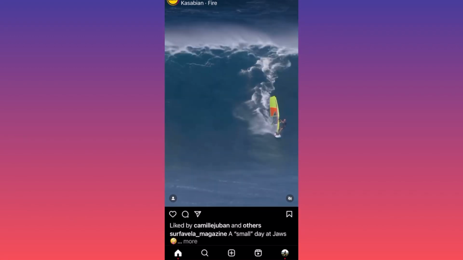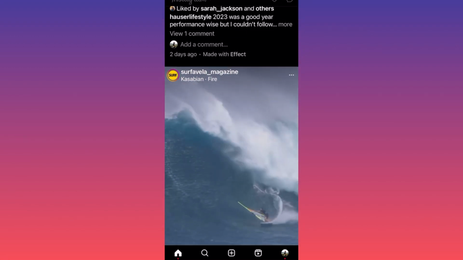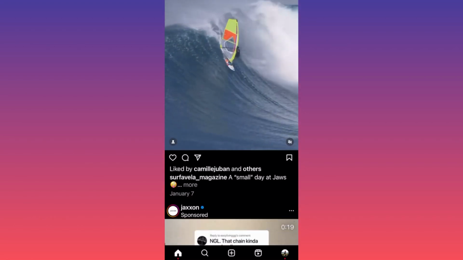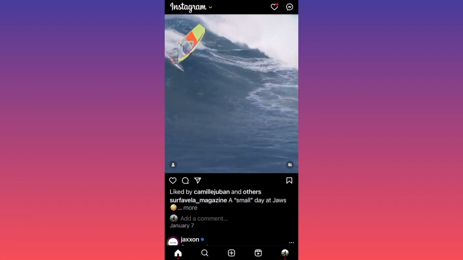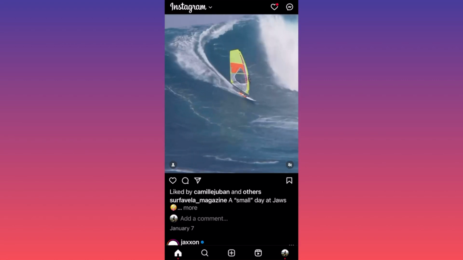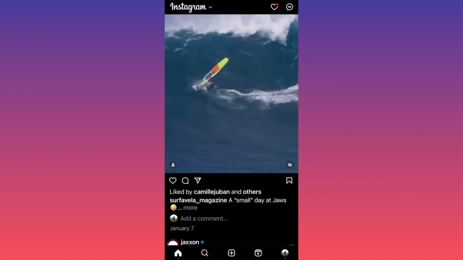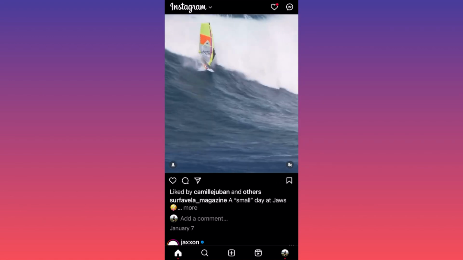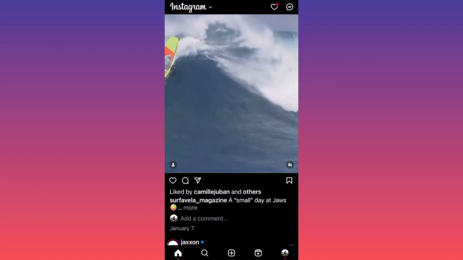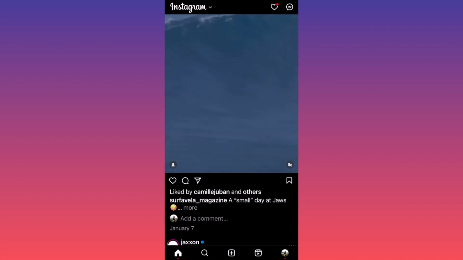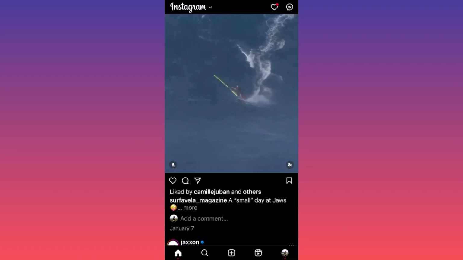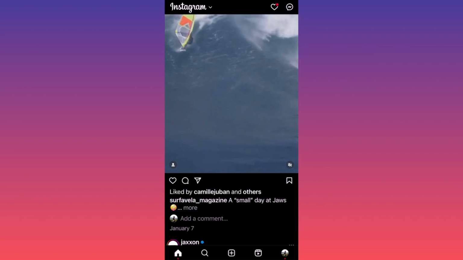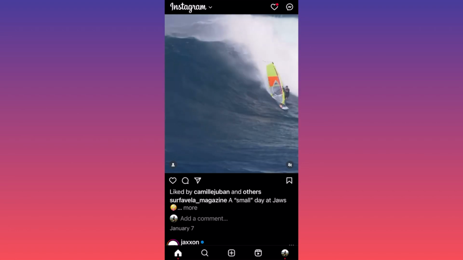Again, scrolling down, if you find corporate accounts like this one, this is a surf magazine, right? If you find corporate accounts or business accounts or media accounts, this is where you could probably find a lot of people, because there is a very strong affirmative action of publishing content from the point of view of a magazine. So they gather a lot of content, they have a lot of access, they can do a lot of interviews. So the likelihood of having an already built-in audience with which you can actually engage is very, very high.